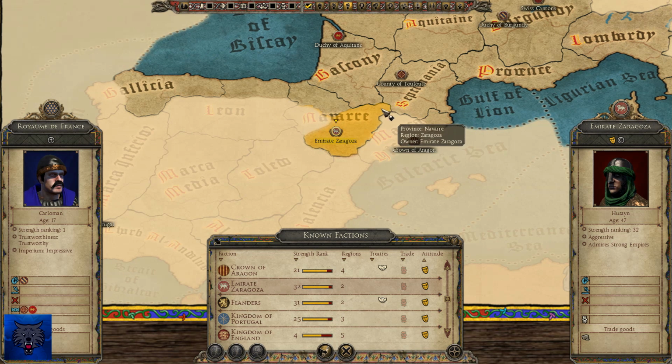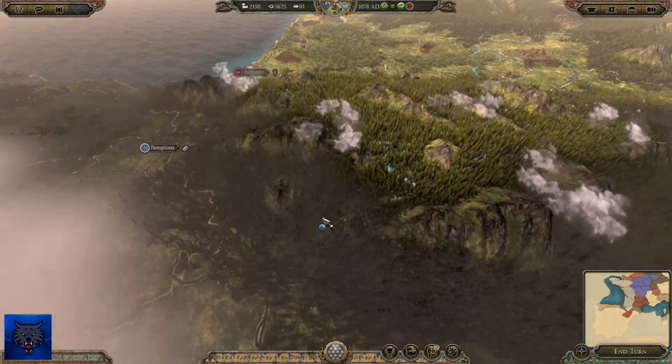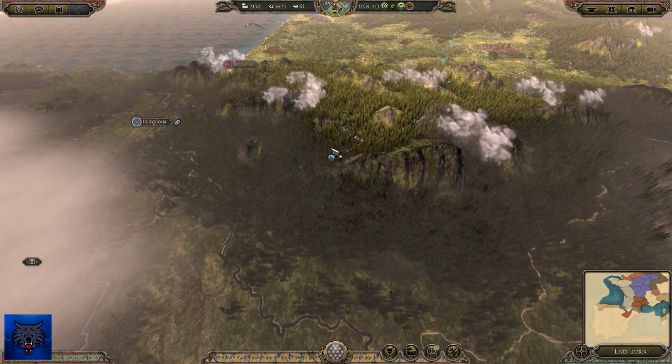Oh, we can go straight through there. How big are they? They've only got 2 regions. Can I get to Zaragoza from my own territory? I don't think we can. We'd have to pass through Aragon or...